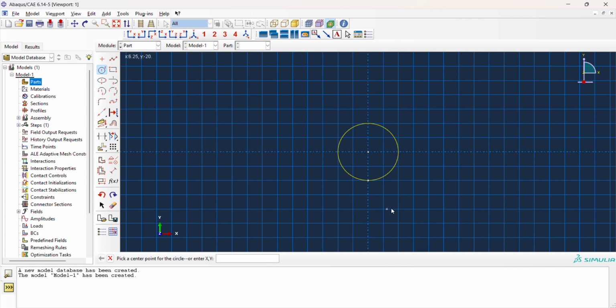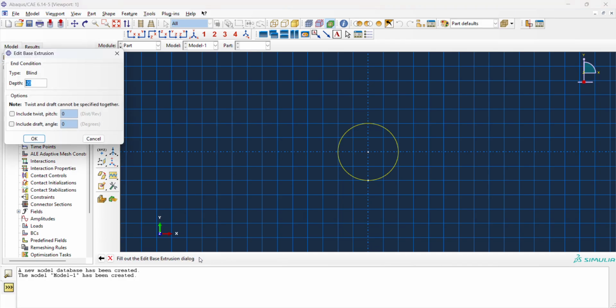And once you have created the circle or a sketch here, just click escape on your keyboard and then click done. So this is ready for extrusion. So this is like a 10 mm radius. So let us give like 75 mm of extrusion,